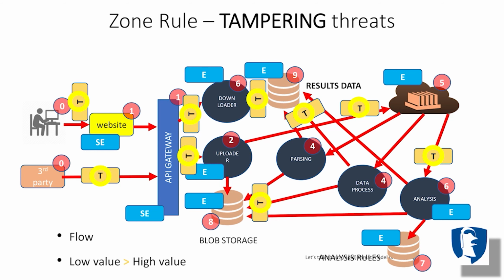Makes sense, right? On any of these different flows right here, you have, for example, the cloud over here, which is representing a queue going to the analysis. Potentially you could have tampering back there too. Might be difficult, but I'm saying it's a hypothetical. You want to watch out for that.